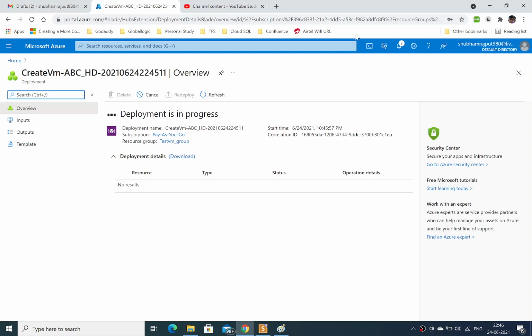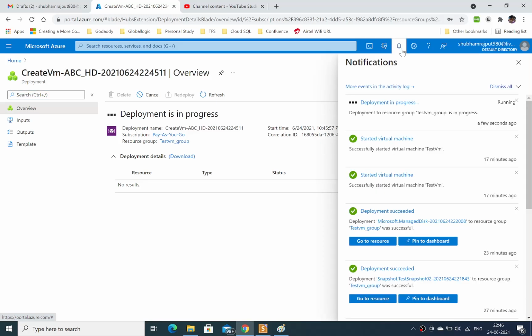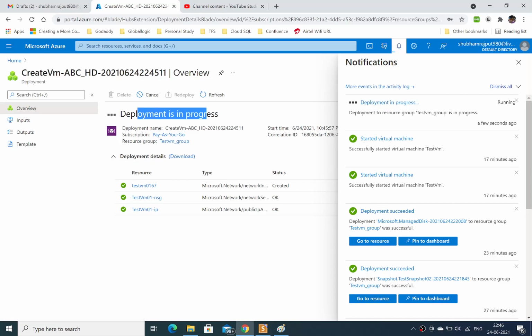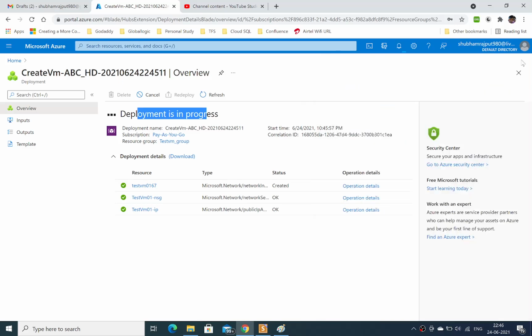Over the notification it will show that deployment is in progress; you can see it over here also. After deployment, it will create a full virtual machine and reserve some hardware for you so that it can run your virtual machine in the Azure data center, or you can say Azure workspace.